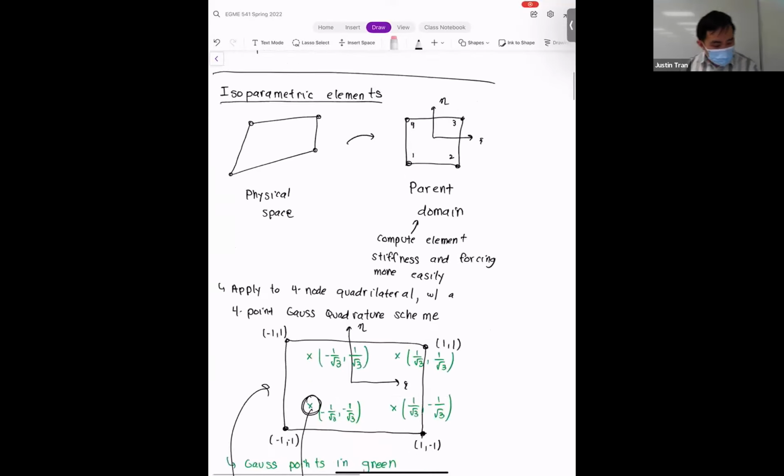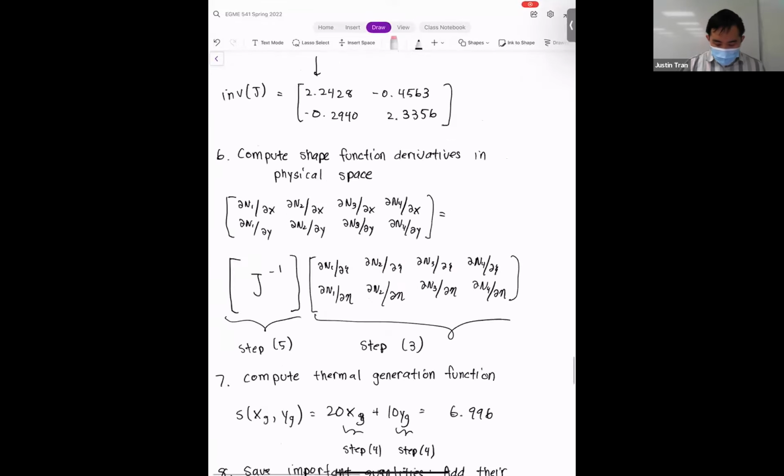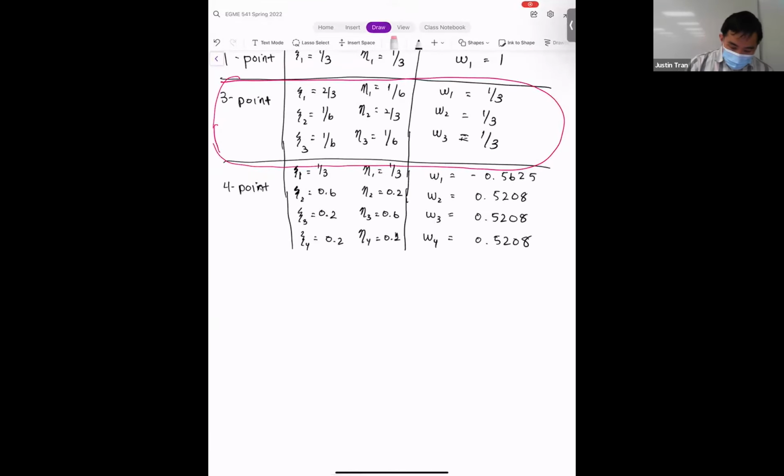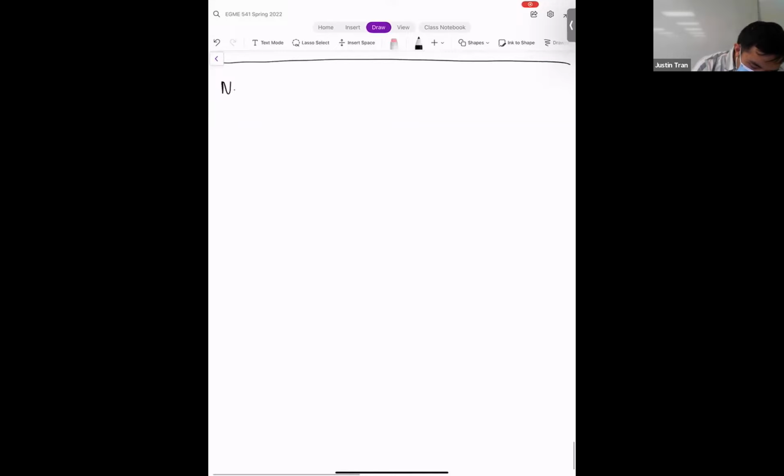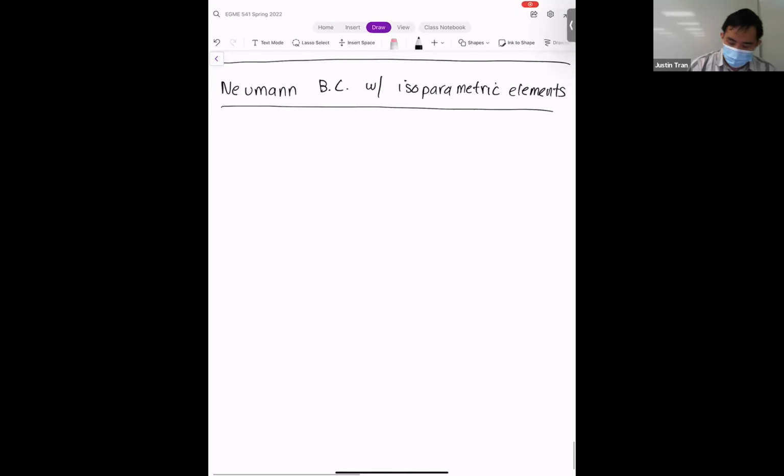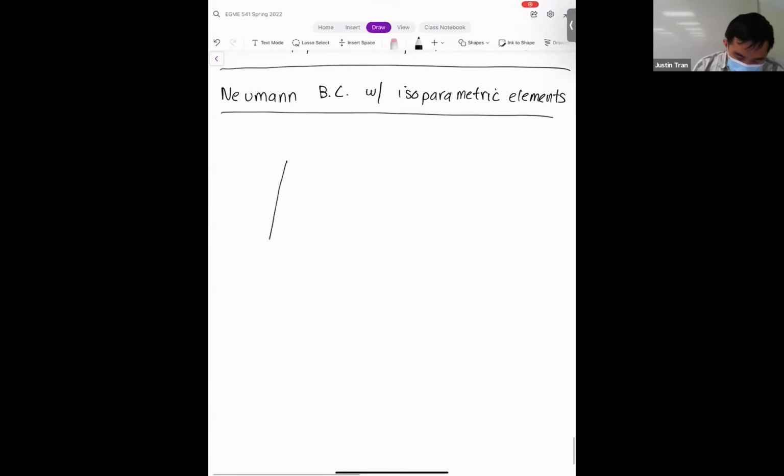All right, let's go ahead and pick up where we left off. This is Neumann boundary conditions with isoparametric elements. This is the last thing that we have to do in order to complete our isoparametric approach, or isoparametric concept. It's this idea that, if you have an element,